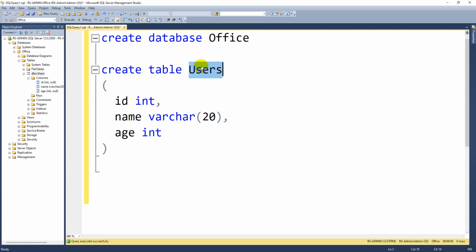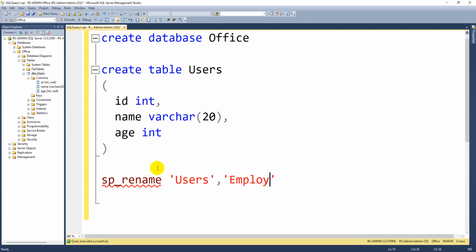Suppose, for example, here I just want to rename these users as employees. Now I need to write sp_rename. In these single quotes you need to pass the existing table name and the new table name that I want to create, employees.